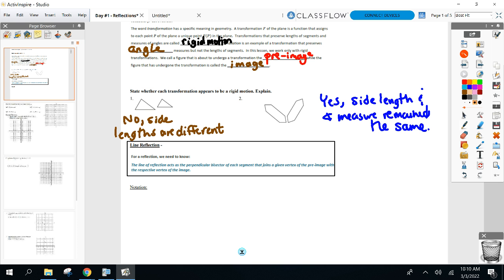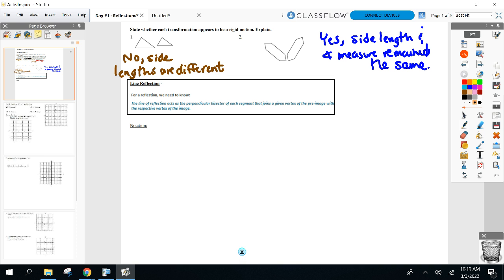All right, we're going to talk about different types of rigid motions. Today, reflections. Think about it real quick before I get into it. If I reflect, flip an object, does it change the side length? Does it change the angle measure? So that's why a reflection is a type of rigid motion. That's our focus today. How do I reflect things? First thing,